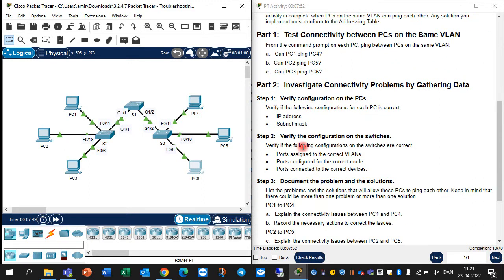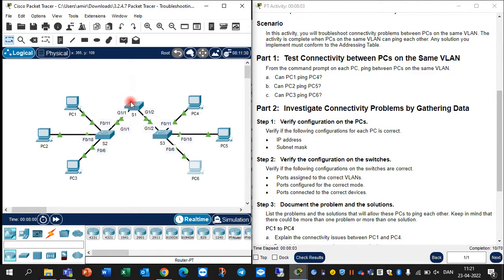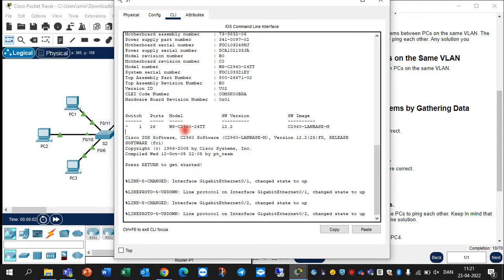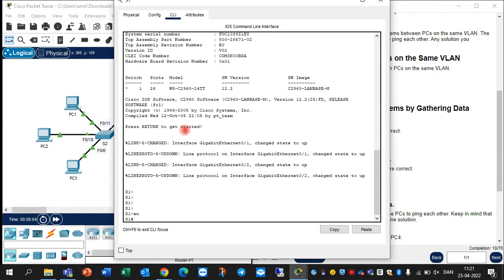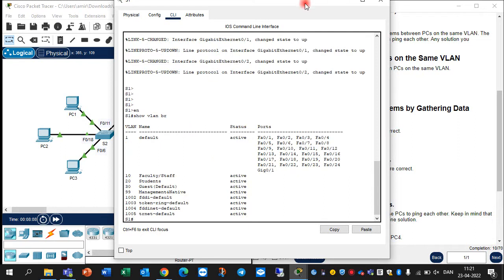Next, verify the configuration on switches. Verify if the following configuration on switches is correct. Ports are assigned to the correct VLAN in all of the switches. First, we should go to switch 1, and here you should write show vlan brief, and you can see